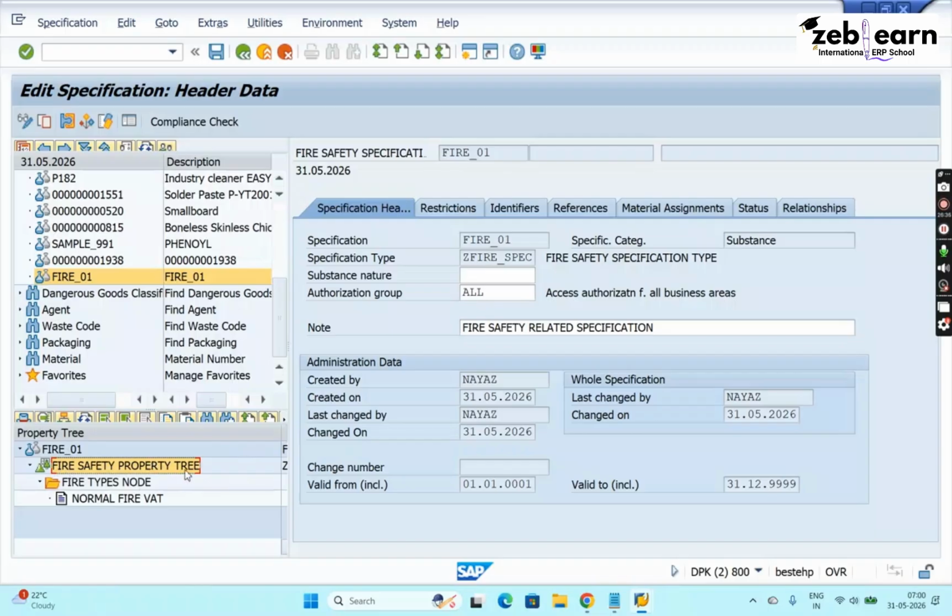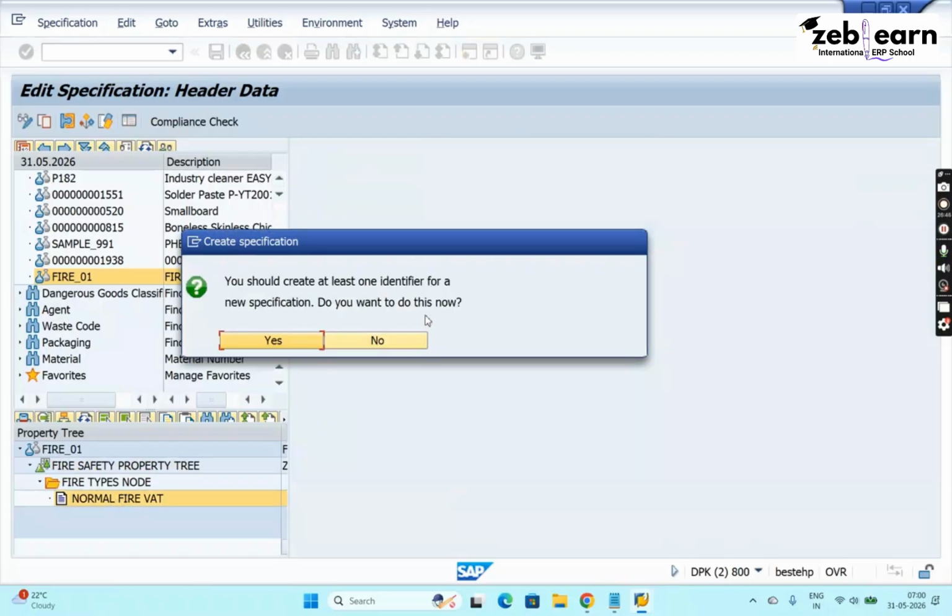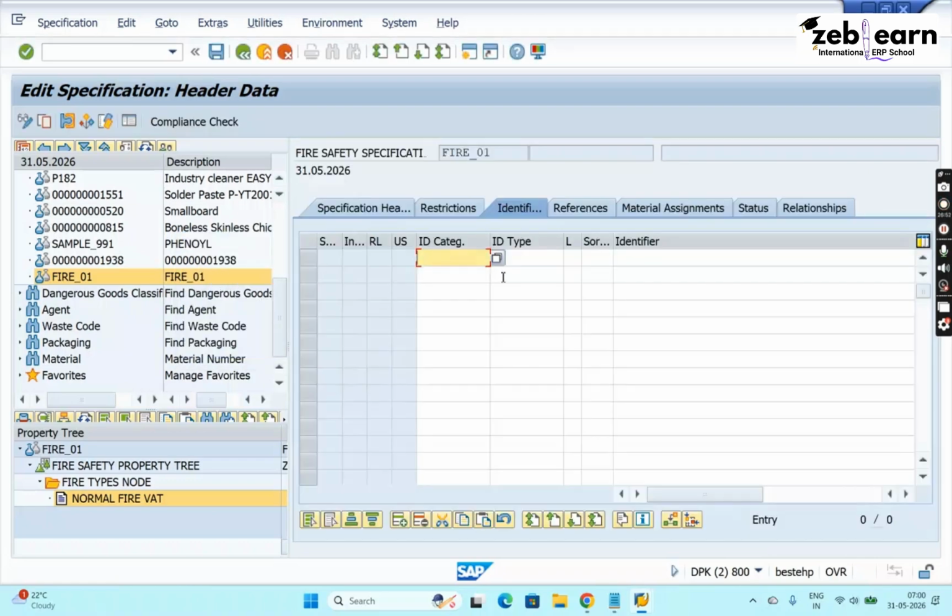Okay, it is fire safety property tree. Now, where do you maintain the data? We have to go to normal fire VAT and double click on that. It is saying that we have to create at least one identifier. Fine. Click yes. Create one identifier, maybe name, and ID type I will select